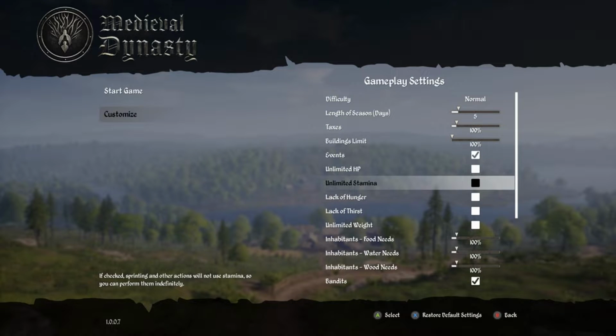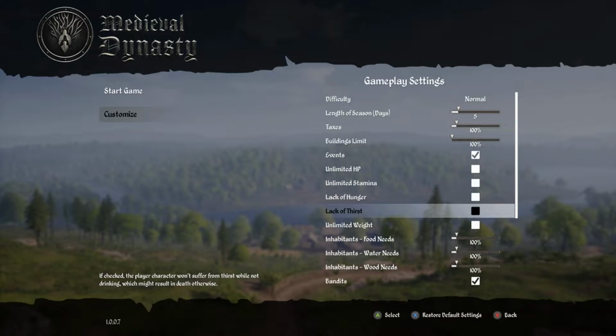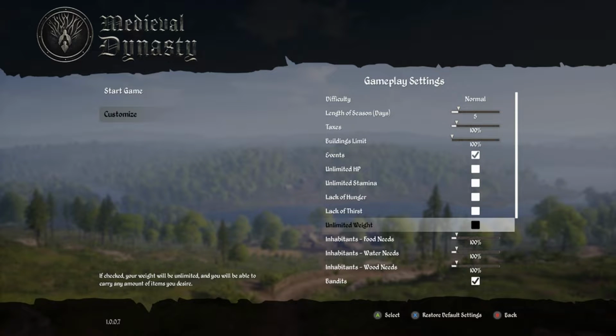Unlimited HP, unlimited stamina, lack of hunger, lack of thirst, all self-explanatory. Unlimited weight on this one, if you want to have a more casual gameplay without the whole weight management thing added to it, I'd recommend taking this. We're gonna select it for this one because for the noob tutorials we're gonna do unlimited weight. Makes the game a little less grindy, because you could carry more stuff and everything,